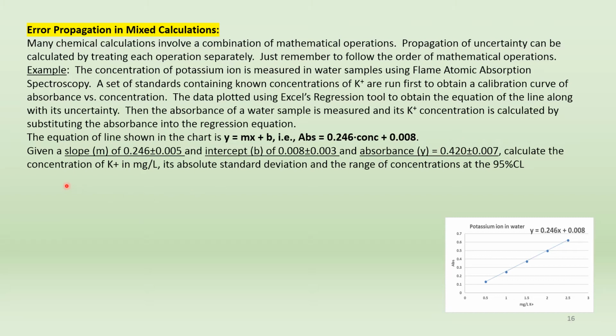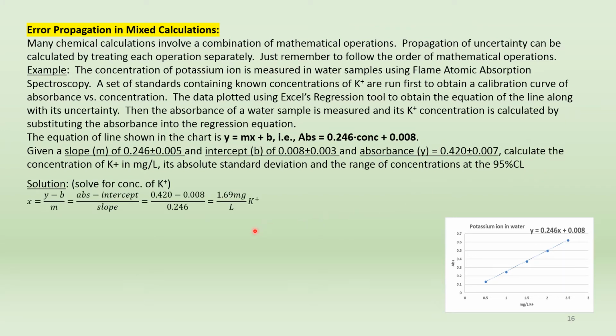We can calculate the concentration of potassium in milligrams per liter, its absolute standard deviation, and the range of concentrations at the 95% confidence level. So first let's solve for the concentration that corresponds to an absorbance of 0.42. So I'm rearranging this equation, y equals mx plus b, solving for x is equal to y minus b over m. Remember, y is the absorbance, b is the intercept, and m is the slope. I substitute my values for absorbance, 0.42, intercept, 0.008, and slope of 0.246, and you can calculate 1.69 milligrams per